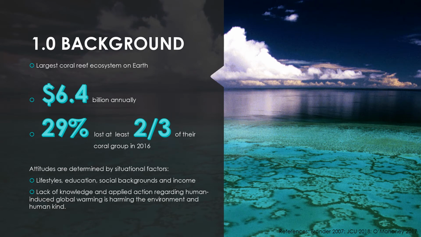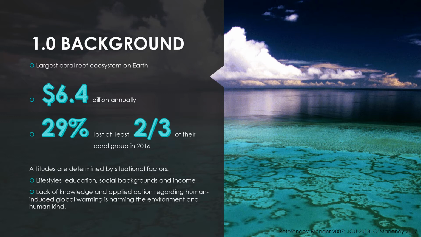Australia is home to the largest coral reef ecosystem on Earth, the Great Barrier Reef. The Great Barrier Reef is one of Australia's major tourist attractions, generating $6.4 billion annually to the Australian economy. In 2018, a study revealed that 29% of the 3,000 coral reefs that make up the reef lost at least two-thirds of the coral reef groups following the extreme marine heat wave in 2016. This irreversible devastation is a result of global warming, and one of the ways this is caused is by the